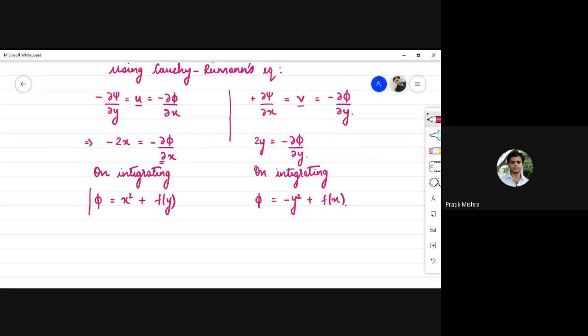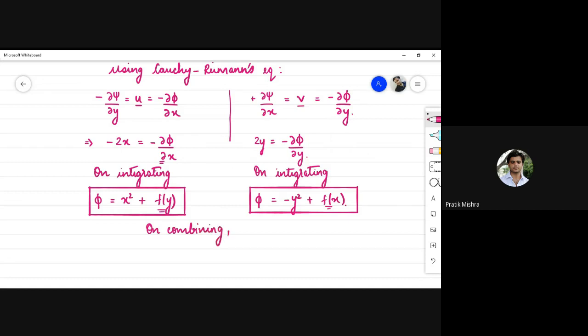फाइनल वैल्यू ऑफ phi निकालने के लिए, एग्जैक्ट फंक्शन ऑफ phi निकालने के लिए, and in order to eliminate these constant functions f of y and f of x, आप इन दोनों फंक्शंस को कंबाइन कर दीजिए. ऑन कंबाइनिंग, your phi comes out to be x square माइनस वाई स्क्वायर।